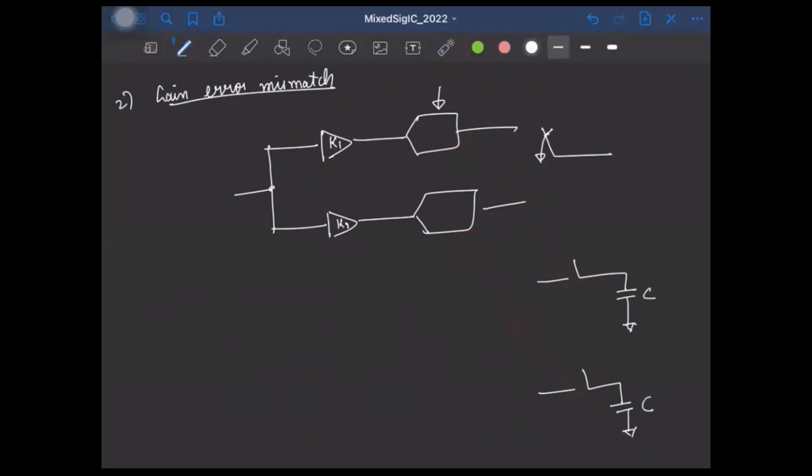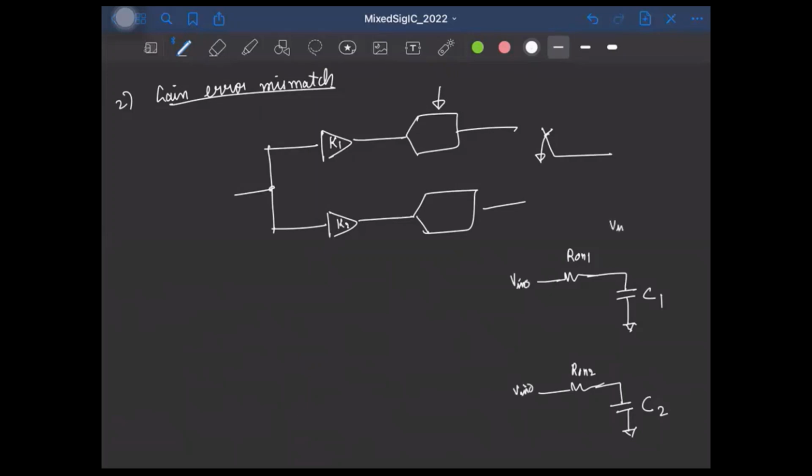Now, although in principle, these two capacitors that are used in the ADCs will be equal in value, in practice, they'll have some difference, right? And of course, this switch here, they'll also have some mismatch. So which means even the on resistance of the switches will be slightly different. So this could be R on 1, C on 1, and this could be R on 2 and C2. Okay, so even if you give a constant signal, say V naught,